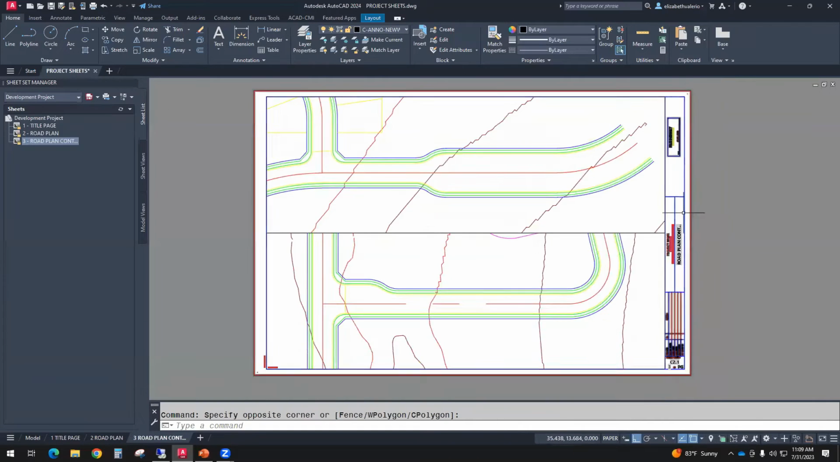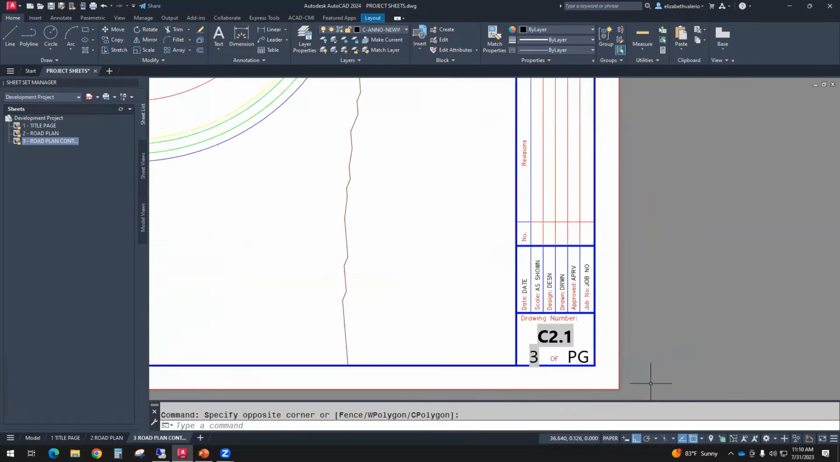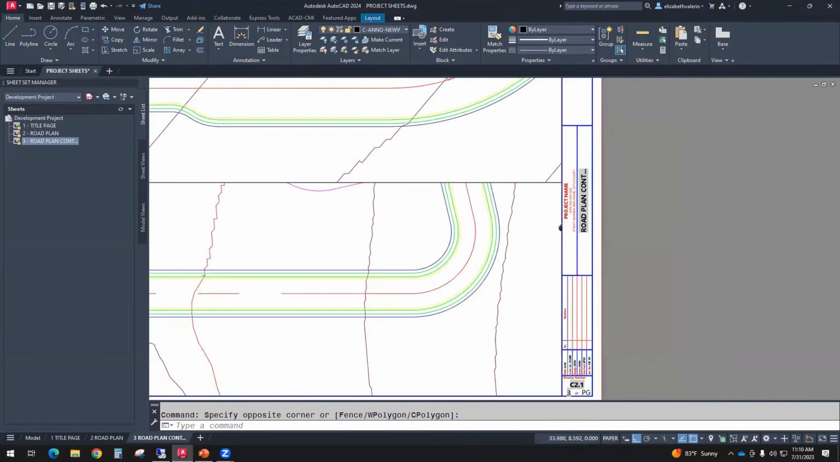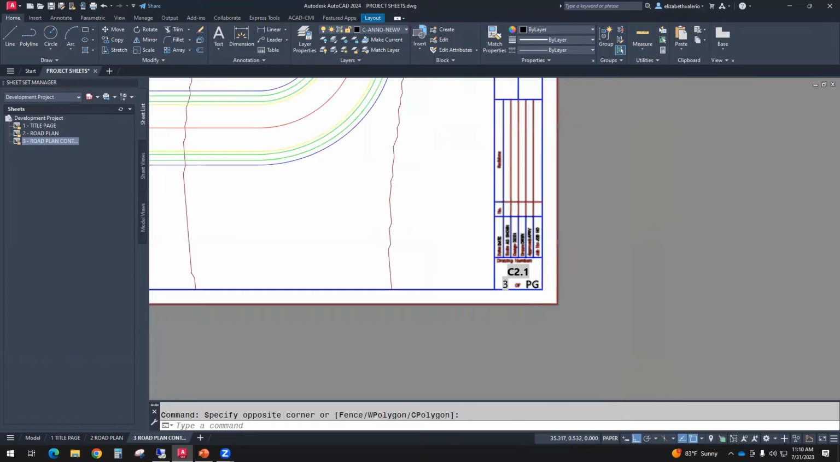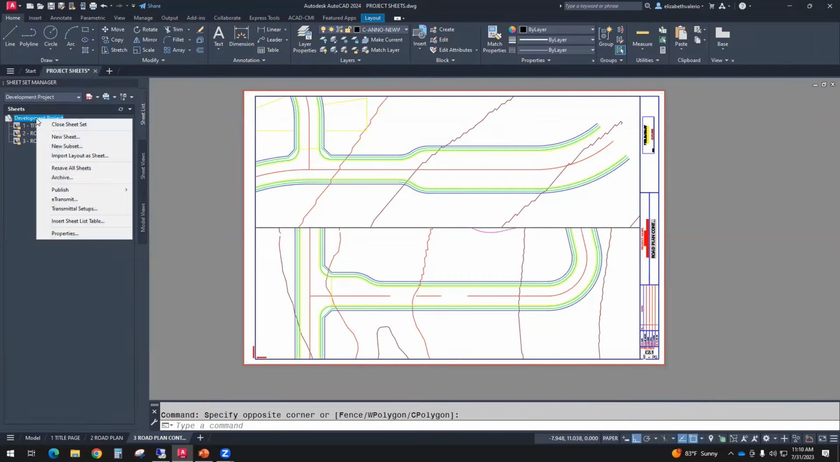It should automatically update. Okay, so there is another field that we could create that is actually not being used yet. So a few of them actually. So project name could be added and the total number of pages can be added. So let's take a look at doing that. If I right click on development project and go to the properties of the entire sheet set,